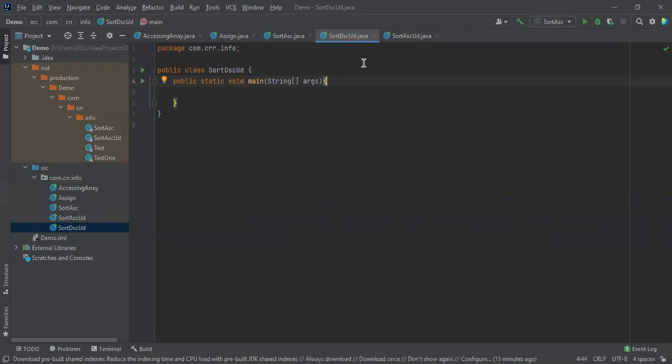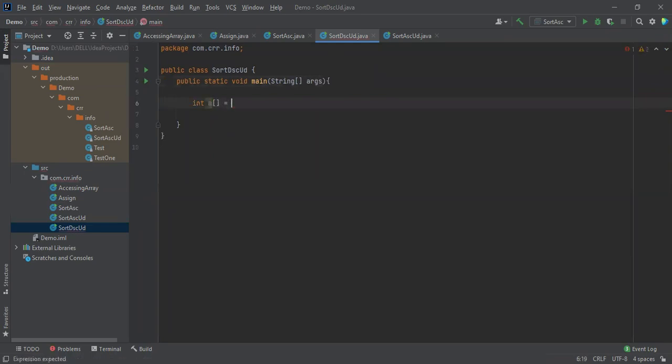If anyone is willing to join with me, it is good for me, and it is also helpful for me. If anyone is willing to join, then I will share that link with you if required. Okay, let me complete this.